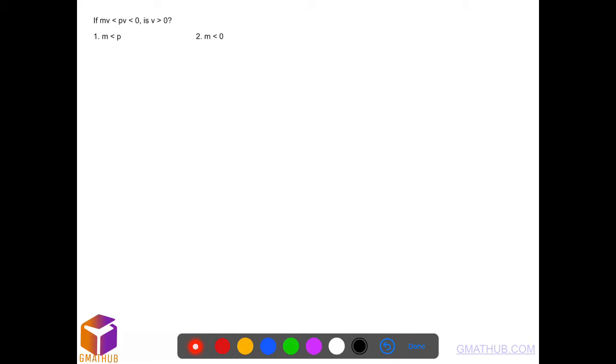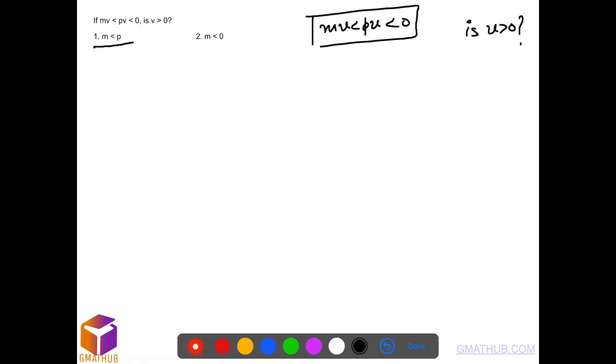Let's see one more. MV is less than PV is less than 0. So both are negative, that's given to me. Is V positive? First statement, M is less than P. Now if we multiply both sides by V, let's say we multiply both sides by V. Now do we know what happens to the sign? See, otherwise we don't know, okay, but it's given in the question itself. MV is less than PV. That means the inequality sign,